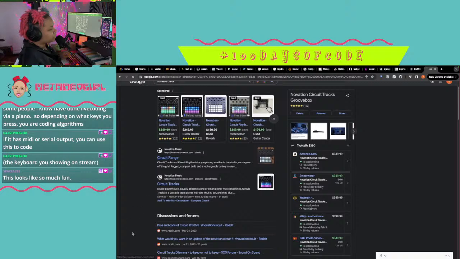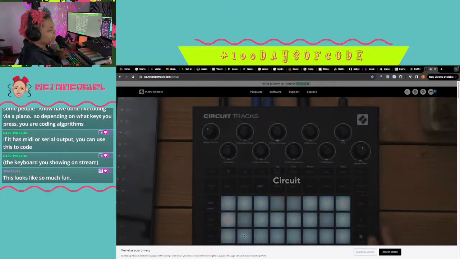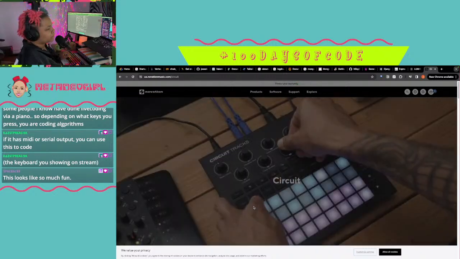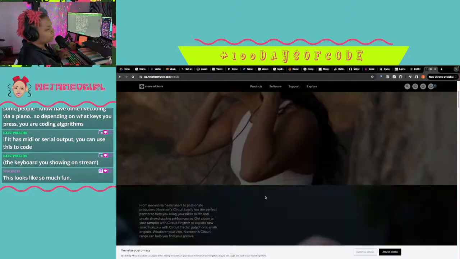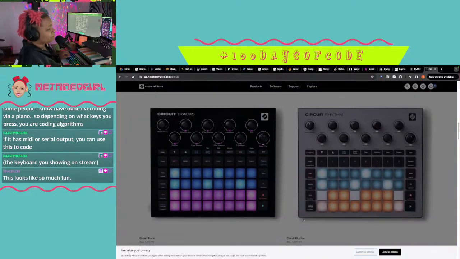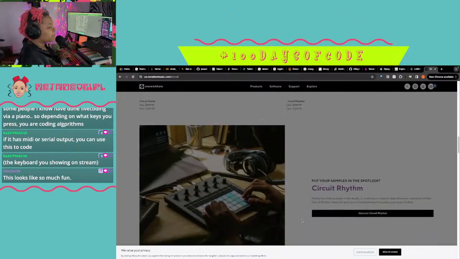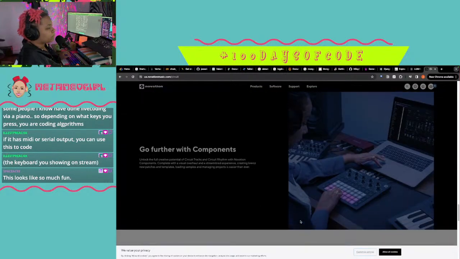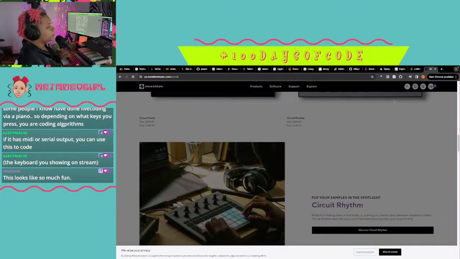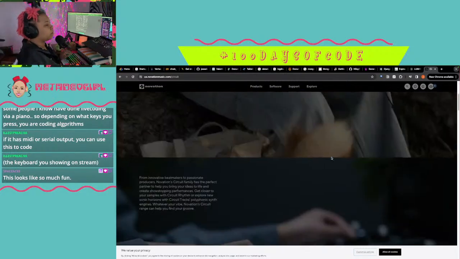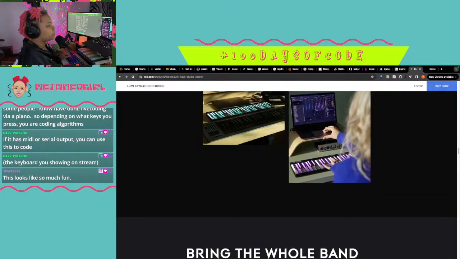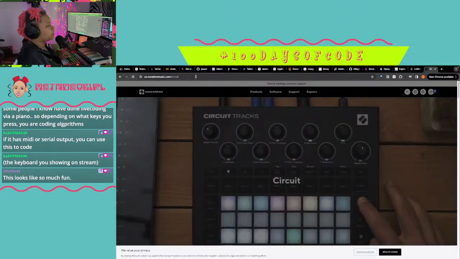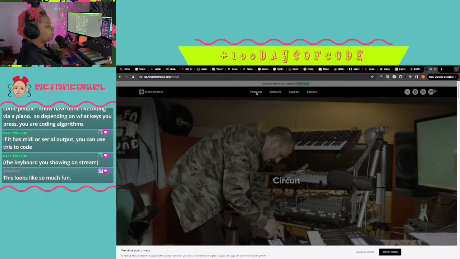Tracks. Yeah, see, mine is a little bit different than that one. This is a newer model from the one I got. I think I got mine in like 2018, 2019 probably. But it's really fun to play around with. I wish it wasn't dead. I would have shown y'all. But yeah, if you know what a groove box is, it's considered a groove box. Novation Circuit.